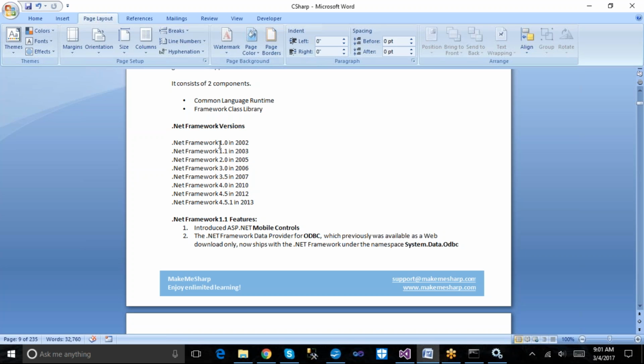If it is a major release, the number increases like this: if I have 1, it will be 2.0; if I have 2, it will be 3.0. That means a major version, a major improvement Microsoft has done with .NET.